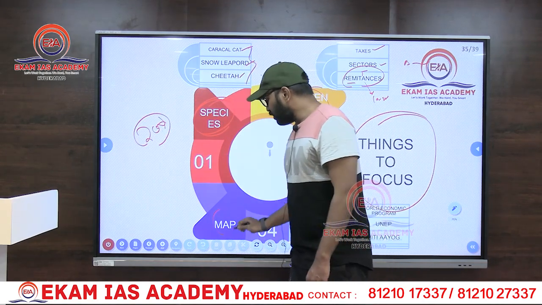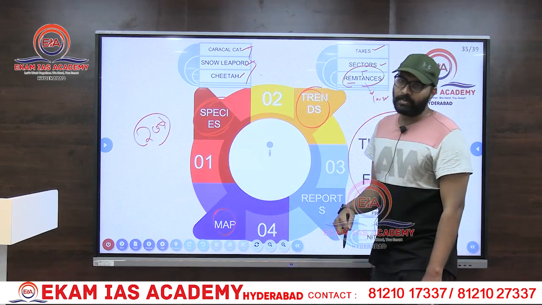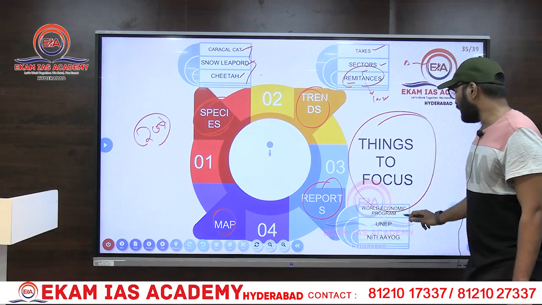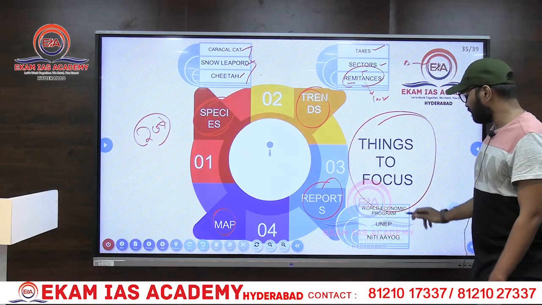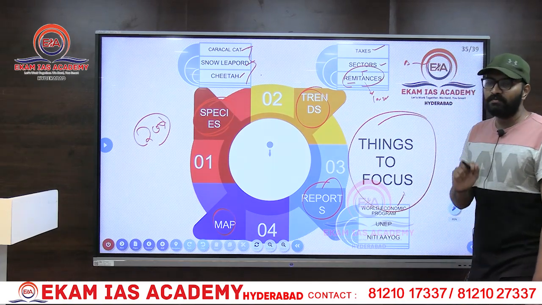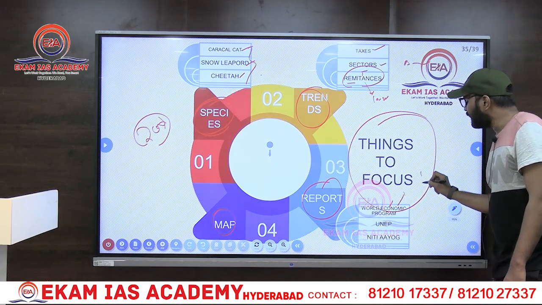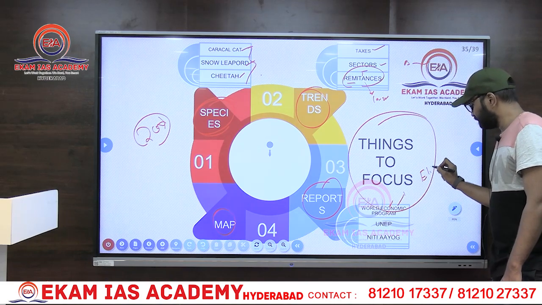Next one is map. I have already told you in the starting how to pick this map. Next one is reports. World Economic Forum reports are very important. Why picked? Because if you have an IQ, if you try to analyze, if you try to eliminate,